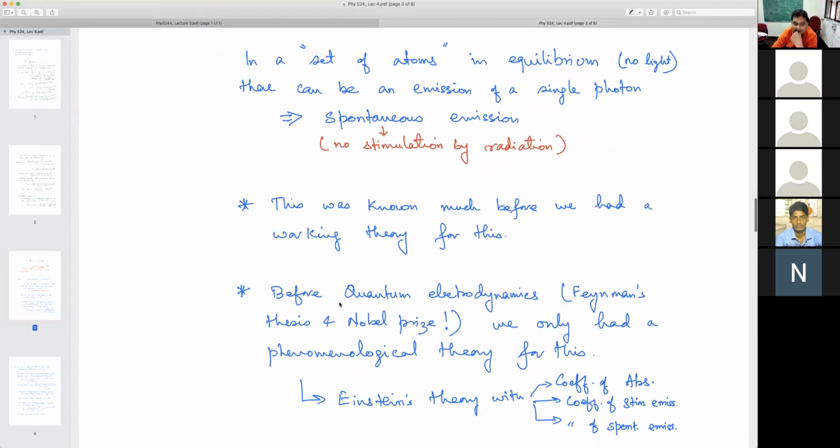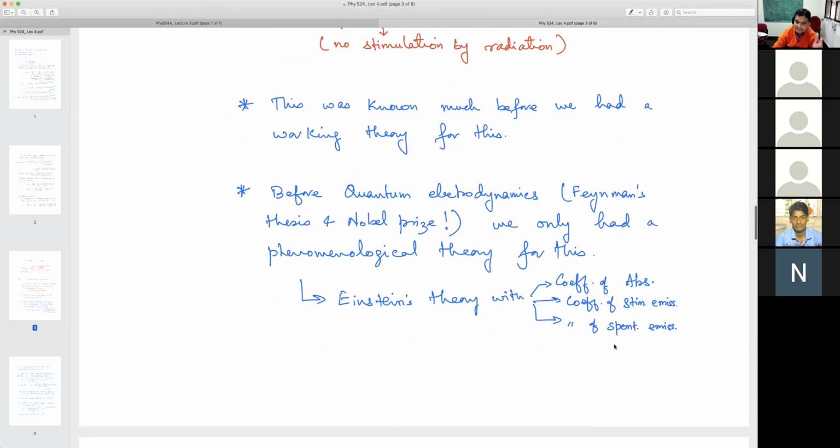Okay. And before this quantum electrodynamics theory, which was in the late 1920s and early 1930s, we only had a phenomenological theory for this, which was in terms of Einstein's theory of absorption, emission, etc. And his theory had basically three different coefficients, which were phenomenologically introduced. So he had a coefficient of absorption, a coefficient for stimulated emission, and a coefficient for